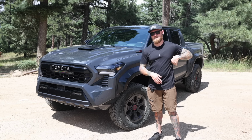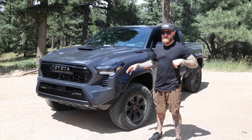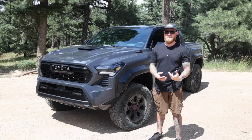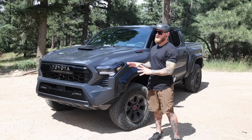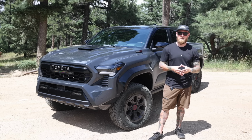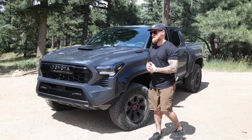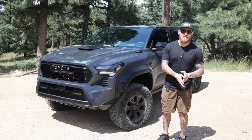And the reason I did that is because, of course, the truck is brand new. There are so many computer systems in here. The hybrid system is kind of new to me. So I want to make sure that all that stuff is going to be covered under warranty in case something goes wrong. That being said though, when it comes to the traditional drivetrain that I'm talking about,